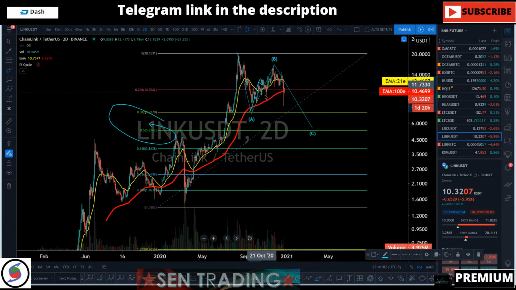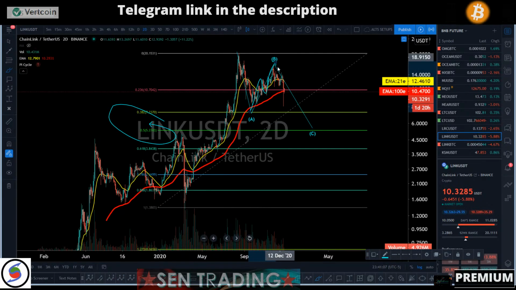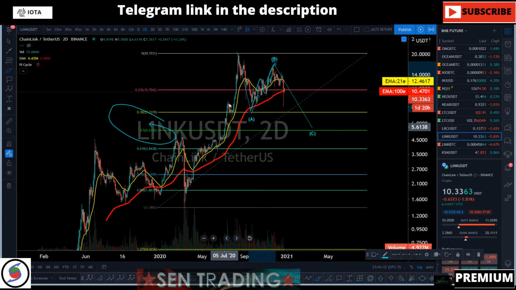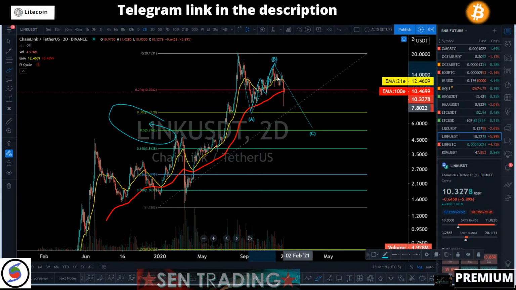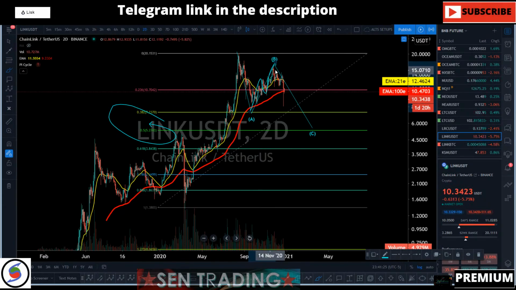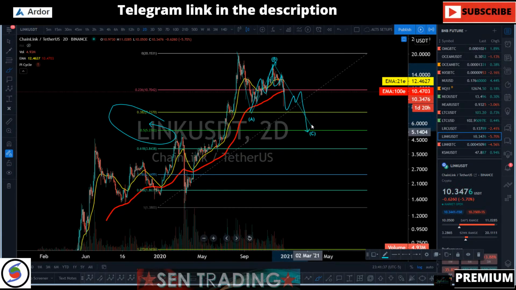It's going to be very choppy trying to count this, but you just call it ABC, you know it is corrective, and you walk away. Don't try to count all the waves in between. These waves just give you direction. It's not like you count it wrong and you're going to get doomed or anything. If you understand the move is corrective, that's the most important. And we could get 1, 2. This is going to be the fourth wave right here, and then the 5th wave right there.